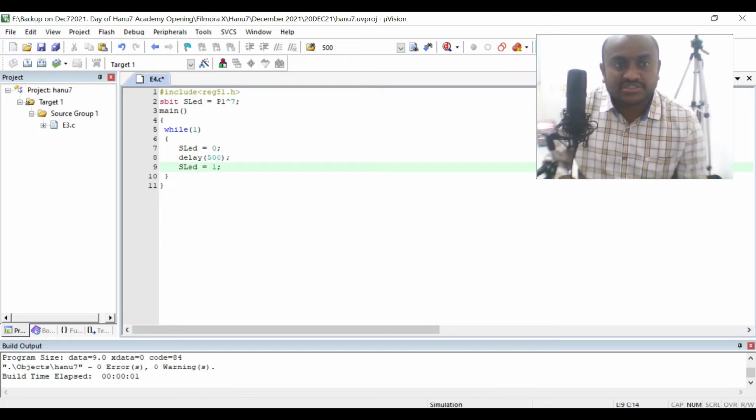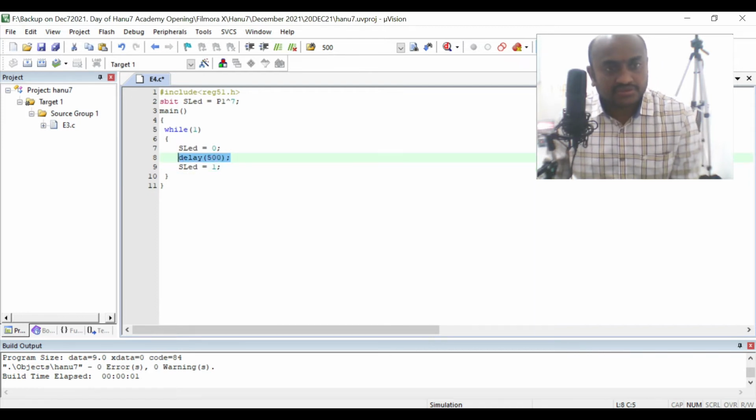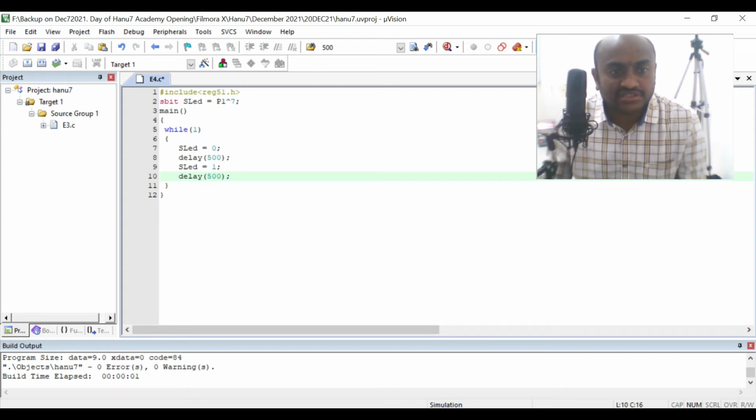For the assignment operator you have to use equal to, so you need not give any space here, but for clarity I am using space. So SLED is equal to 0, delay, and then SLED is equal to 1. I'm copying the same delay as earlier and pasting it here again. This is the delay in transition from 0 to 1, and this is the delay in transition from 1 to 0.